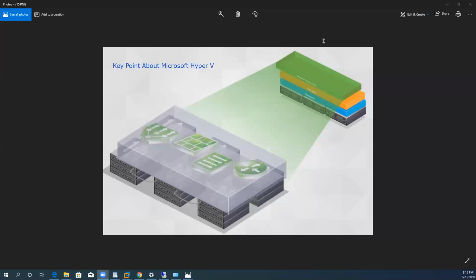So although we install the operating system and then we add Hyper-V on it, in the Microsoft area Hyper-V is capable of communicating directly with the hardware, and directly making the repositories of the compute resources, memory